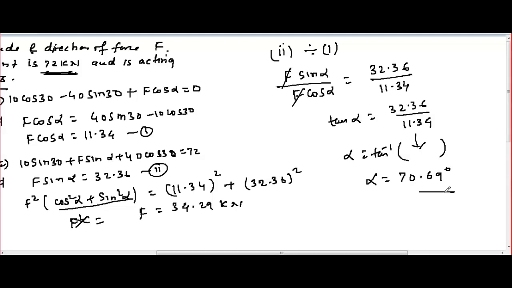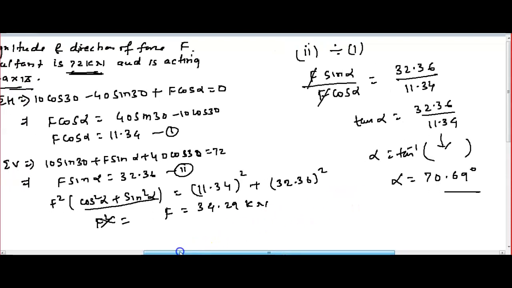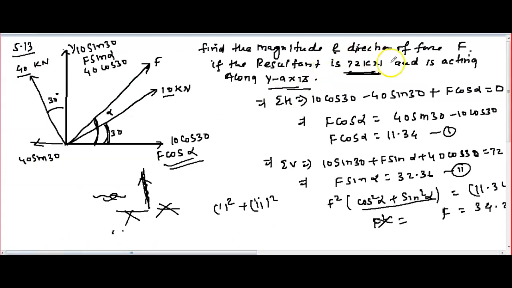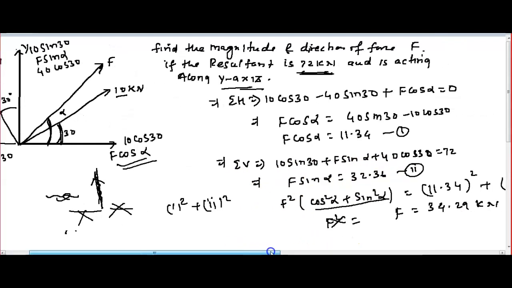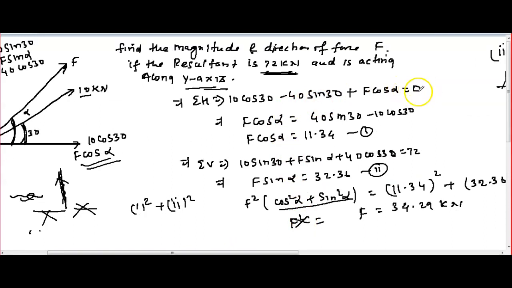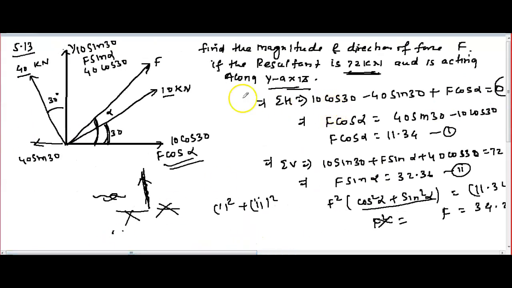Okay, understood this one? So three types of questions can come here: either moving along the y axis, or moving along the x axis, or maybe a given angle alpha. Maybe the resultant is given as moving 30 degree along the y axis or x axis. That time you have to break it down and write the horizontal as 0, like you wrote here. We'll do a different question, then we'll come to know. Till here any doubt? Okay, so complete till here.